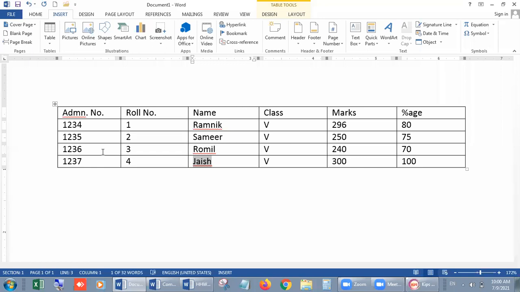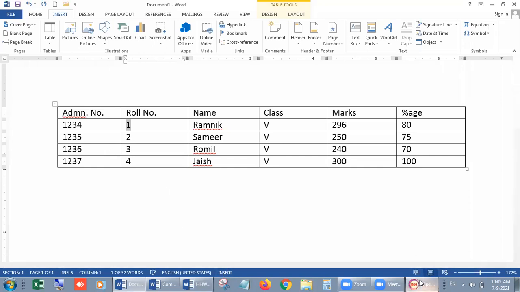I am pressing shift, and after that I am pressing tab. Now the selection is going in reverse. When I press tab, it will go to the next cell, and when I press shift tab, it will come back. Okay. To select the previous cell, we need shift tab. And if we want to move to the next cell, we use only the tab button. I hope you are getting my point.